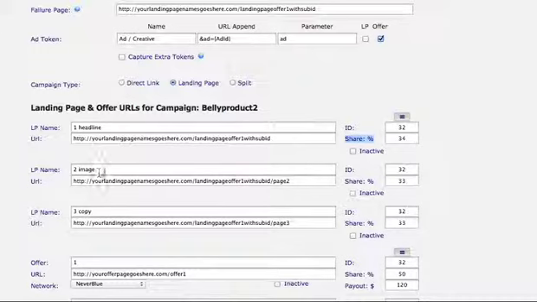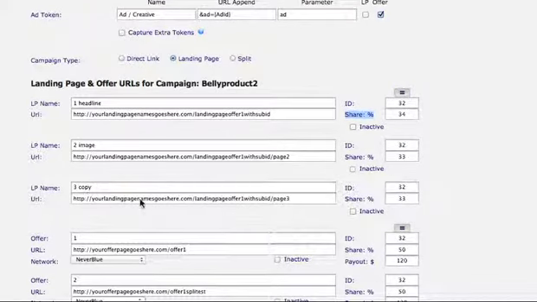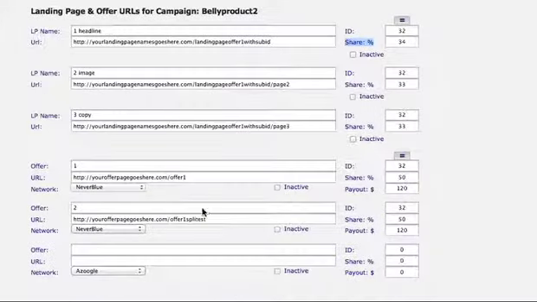So landing page 2 is just strictly my image. Landing page 3, strictly my copy. Same URL, I'm working on the copy. Right? And then when it comes to the offer, I always try to find two offers, or I try to find an offer where I want the advertiser to have another upsell